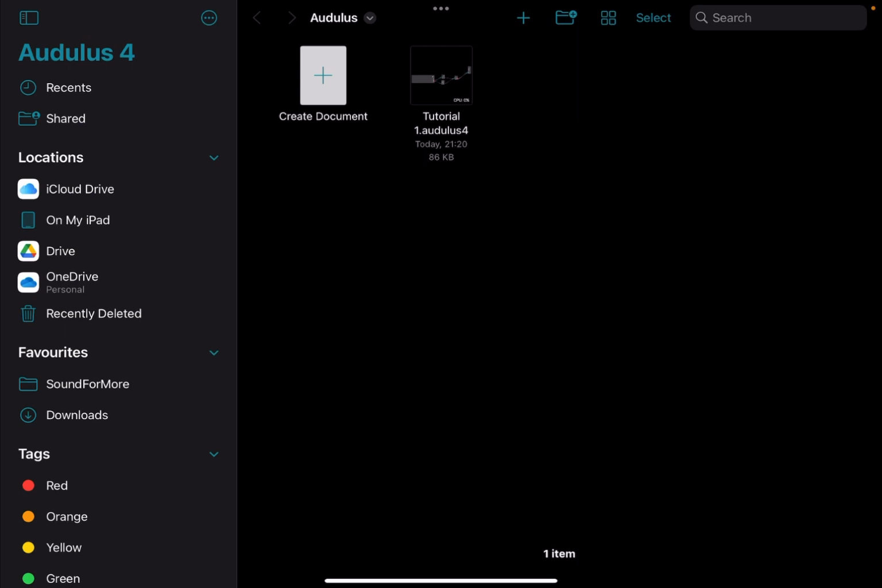Okay, I've just launched Audulus 4 and I am inside the patch browser, and I'm using the standalone version for